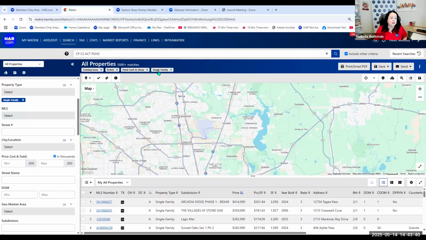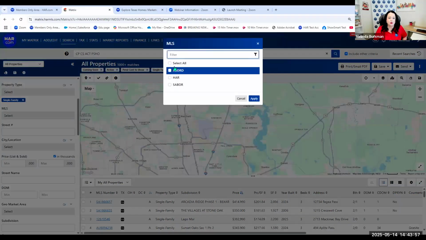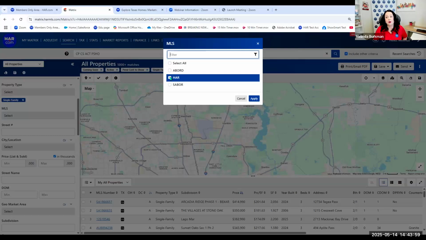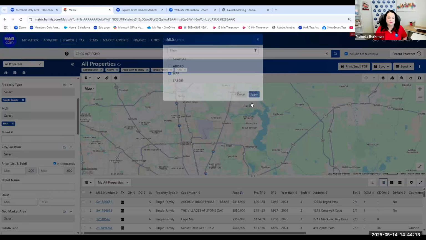So I need to narrow that down a little bit, and that's one place that I can do so. If you inadvertently send your client a search with San Antonio and Austin listings, maybe they're like, why are you sending me San Antonio? Why are you sending me Austin? So you do need to clarify if that's not appropriate for their search. So right now we have these 3. We are working diligently right now to get Netris, which is the North Texas. And then we will have a 4th field right here. So that's the only thing that kind of dates this video. That may be happening after you've seen it.